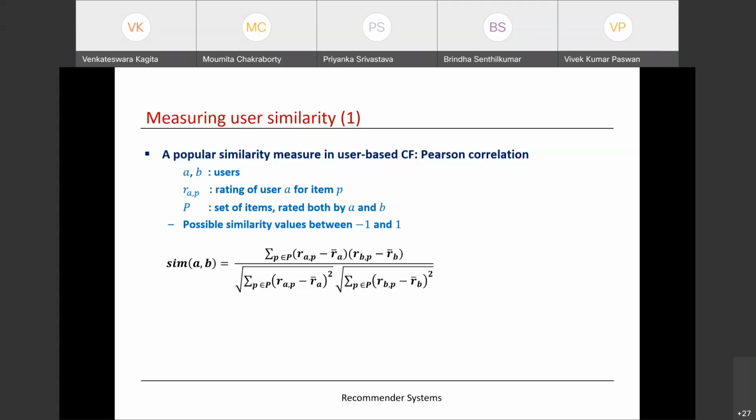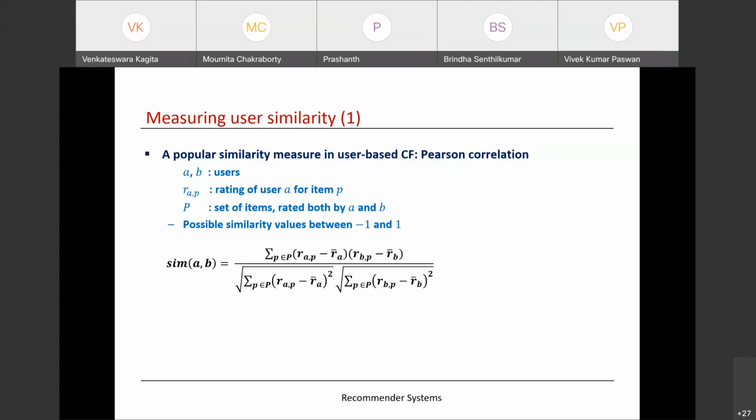Suppose I give a rating to a certain item which is greater than my average rating, what does that mean? Do I like that item or dislike that item? I like that item. If I give a rating which is less than my average rating, it means I dislike that item, isn't it? So now, to see whether two users have liked the item or disliked the item, you take the average and